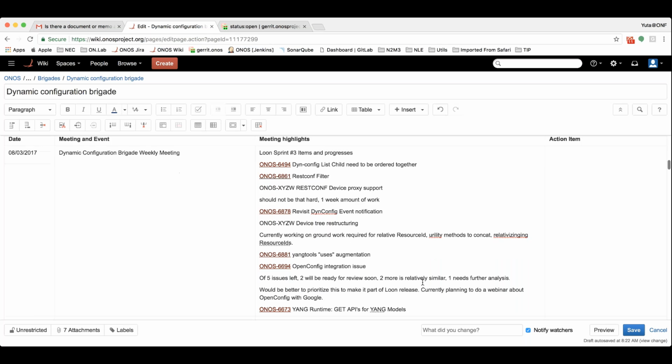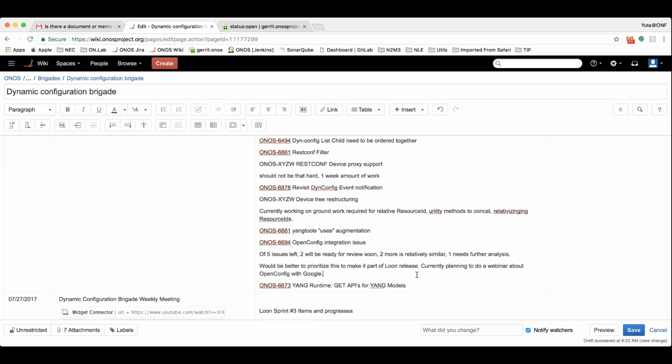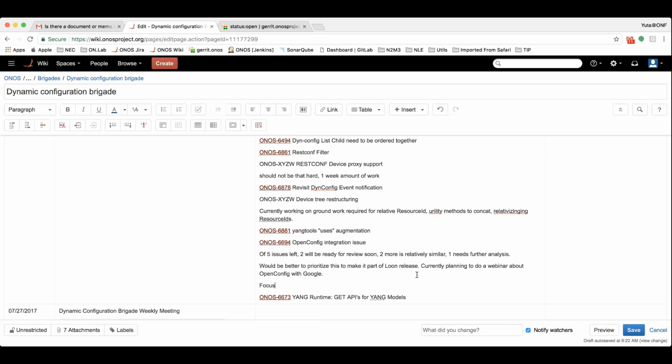And so for the webinar, the focus there will not necessarily be on dynamic configuration. The focus there will be on the Yang tools and on OpenConfig, which is why we're having the Google participation on there. And that's Thomas. Yeah, go ahead. Yeah, is the date for the webinar confirmed? Yes, it will be September 11th. Okay. Fine. And I'll be one of the panelists, and Anees and I will be the main panelists there. Okay.